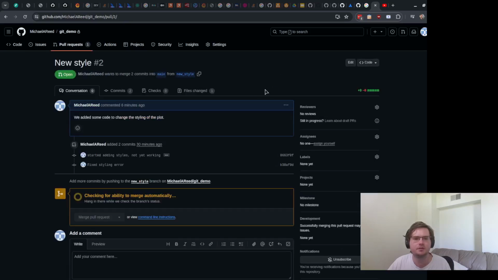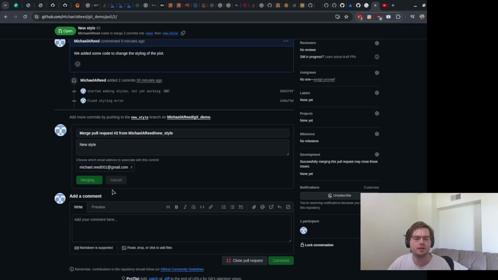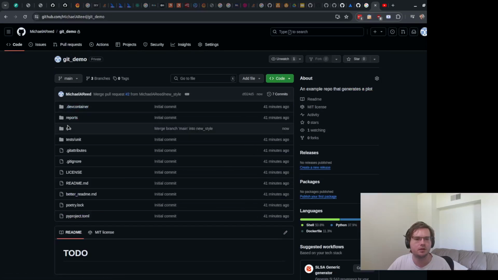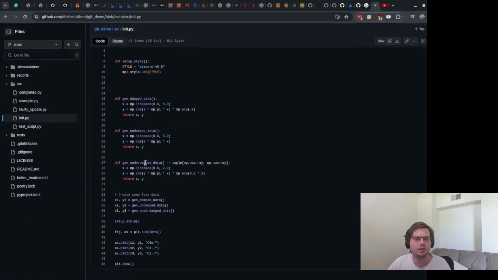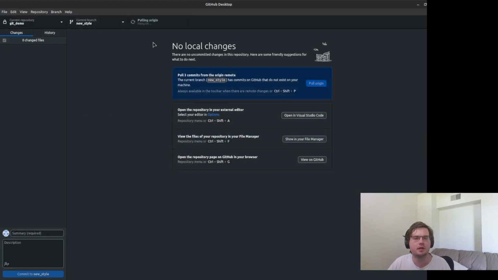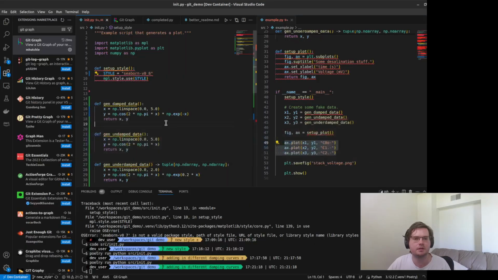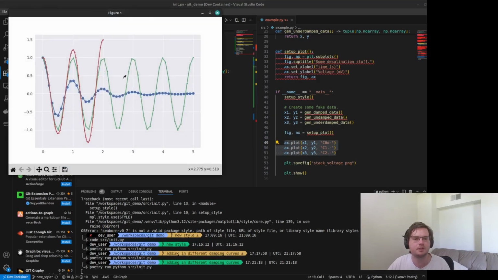So now GitHub is going to take this version and create this new version where everything is merged together. So very similar to before, after we resolve this conflict, we can now create the merge request and then confirm the merge. So if I go back now again to the init file, and I'm on my main branch at the moment, you can see that it has both of these changes put together. And then if I go back to GitHub Desktop and I fetch origin and then pull origin, then I can open main and you can see that it has my changes. And then if I try and run it, it has both of my changes there together.